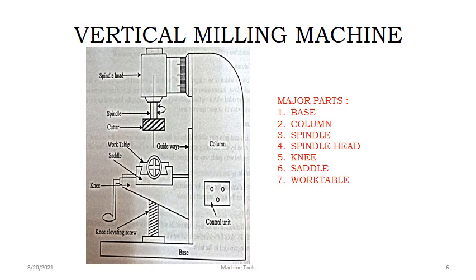And the remaining is almost all the same as a horizontal milling machine. Only the main difference between these two, horizontal and vertical, is that in vertical milling the milling cutter rotates in a vertical orientation. The milling cutter is mounted on the spindle. In case of horizontal milling, the milling cutter is mounted on the arbor. It is a rotating element, a rotating shaft. So this is a major difference. The remaining working principle is the same as compared to the horizontal milling machine.